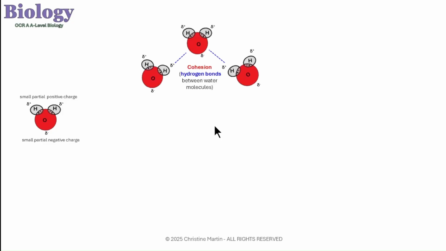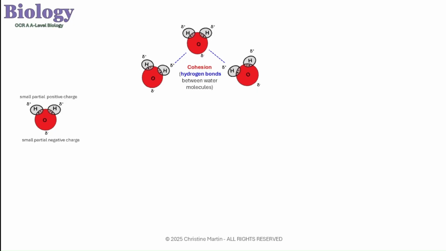This gives the oxygen atom a partial negative charge and each hydrogen atom a partial positive charge, making water a polar molecule. Now, due to this polarity, when 2 water molecules are close together, hydrogen bonds will form between them. These weak intermolecular forces occur between a hydrogen atom covalently bonded to an electronegative atom such as oxygen, nitrogen,